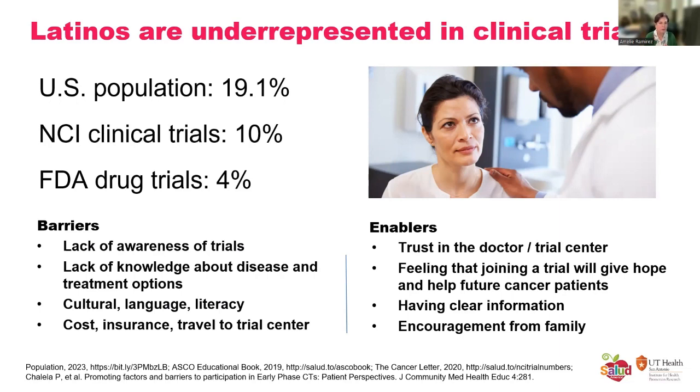Our community doesn't want to feel like they're a guinea pig, and why wouldn't you want to give them the current treatment? So again, that knowledge about what a trial is and how the trial is designed to use the current medication that's available, or perhaps something even better. And how do we communicate that? Are we presenting the information in a cultural way, at a literacy level where it's easier for them to understand?